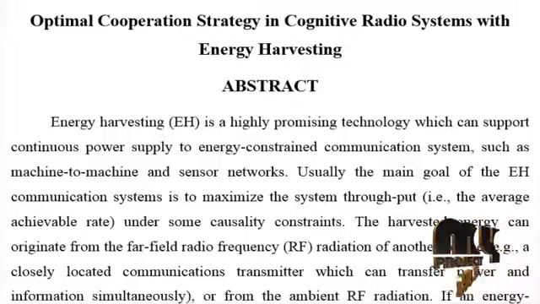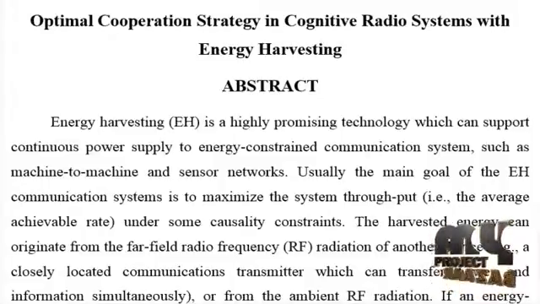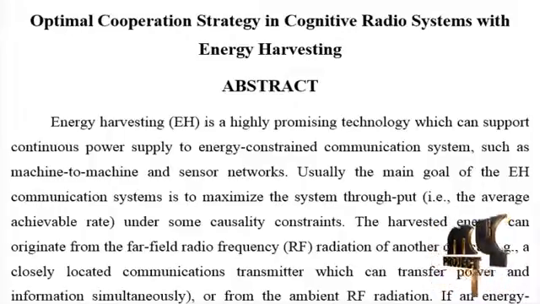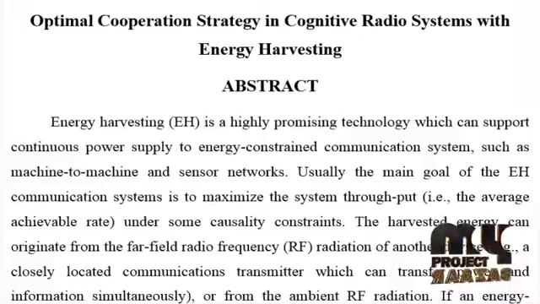The CR system utilizes one of the following three methods for spectrum sharing: interweave, underlay, and overlay spectrum sharing. In the interweave approach, the CR devices perform spectrum sensing to detect the unoccupied incumbent bands and then access the channel in this band. In the underlay approach, CR devices operate in the same band as the primary users and are allowed to interfere with the primary system under some predefined threshold.